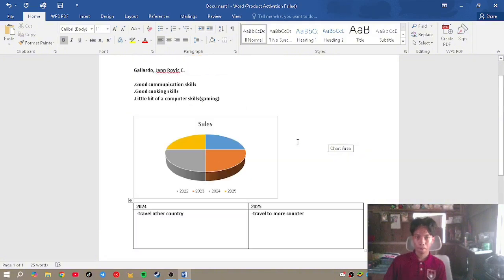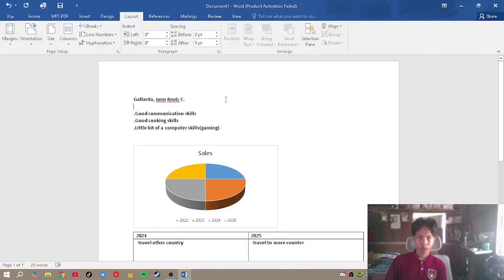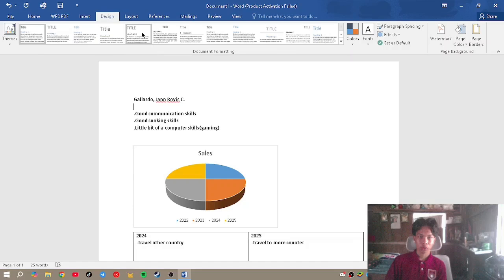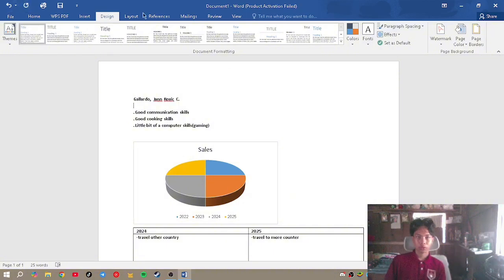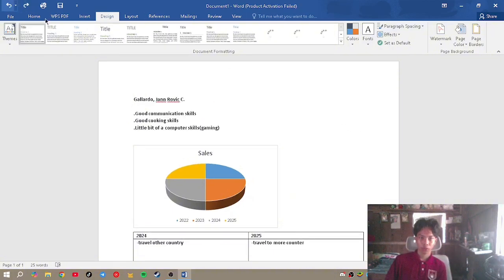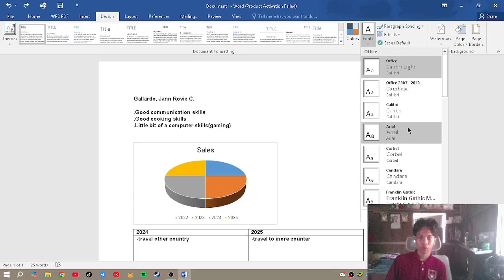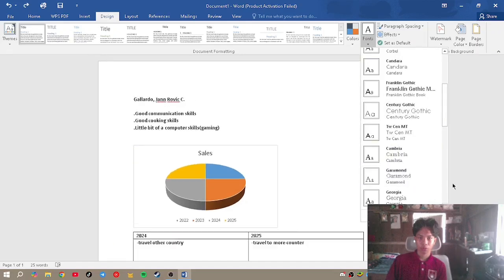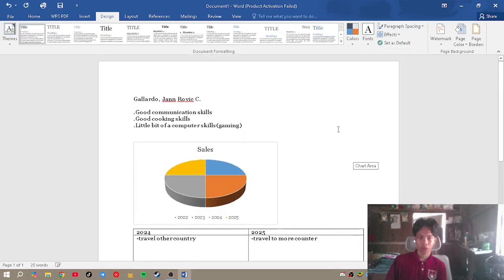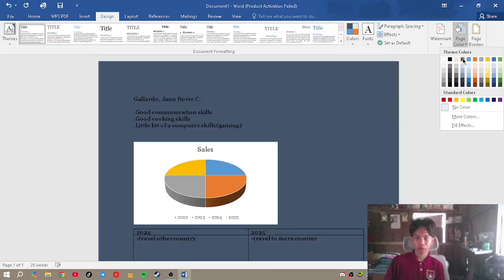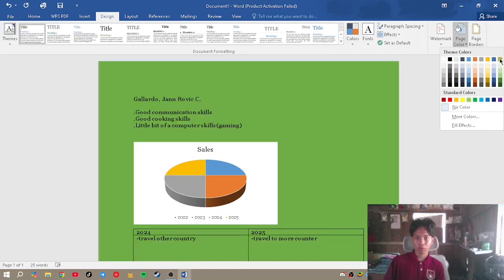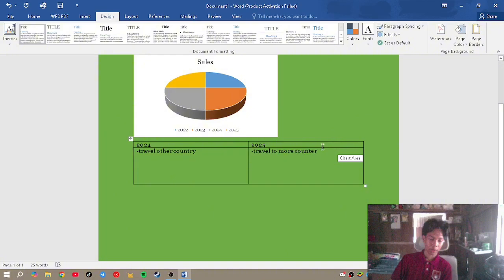So you want to do this too, this design, do this or do that. There are such things as values, like if you want to change the colors, the fonts, whatever you want. Let's say Georgia, like that. You can always do it. And if you want to change the page color to something like this, it's too green, yeah, something like that, guys.